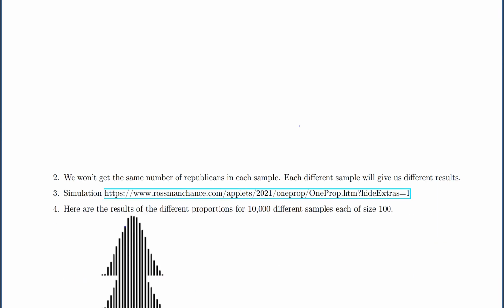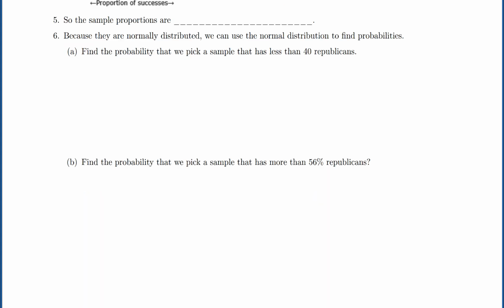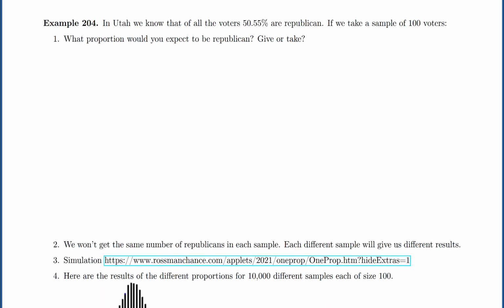So let's try another example. In Utah, we know that of all the voters, so that tells you it's for the population, 50.55% are Republican. So when I see the word all, I'm going to make a note that that's my population. And so my population proportion is